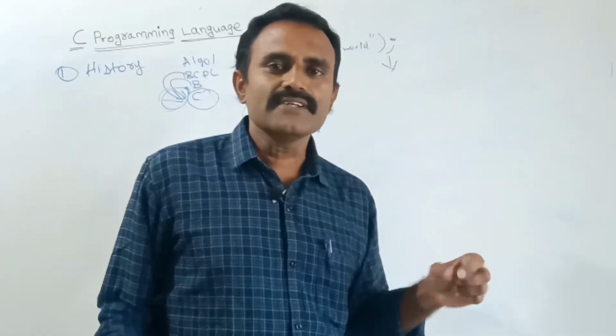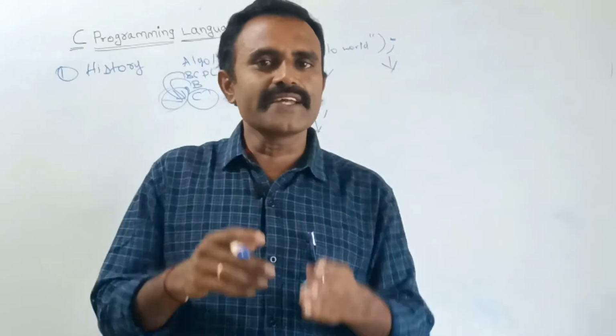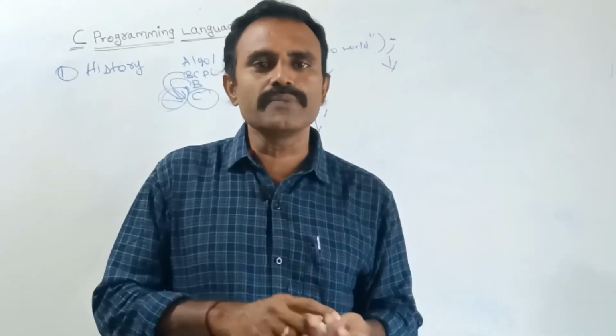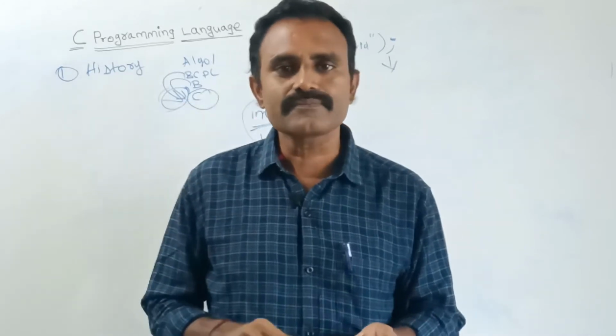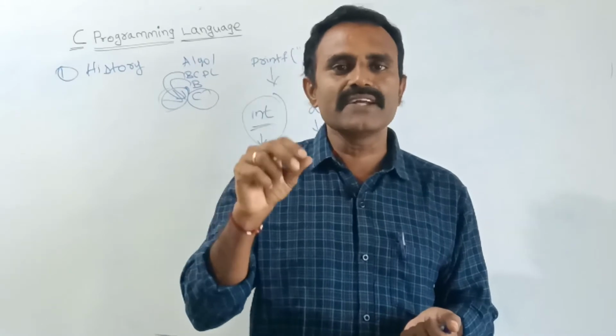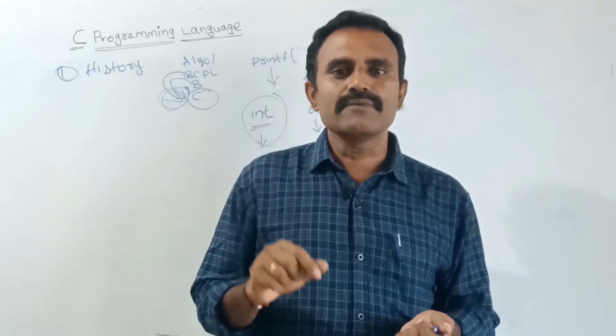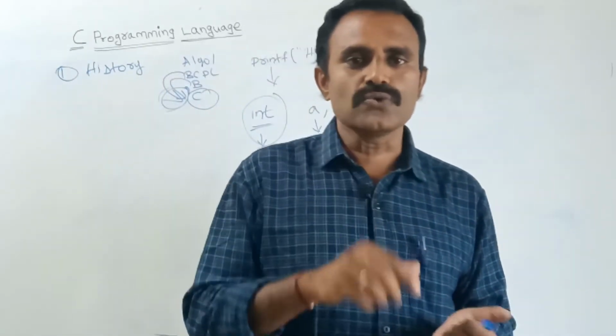First of all, we will see one rule here. When we are declaring a variable, the starting letter of the variable name should be an alphabet. Suppose you are not using an alphabet, and you are using a number to declare the variable, then the compiler will show an error.